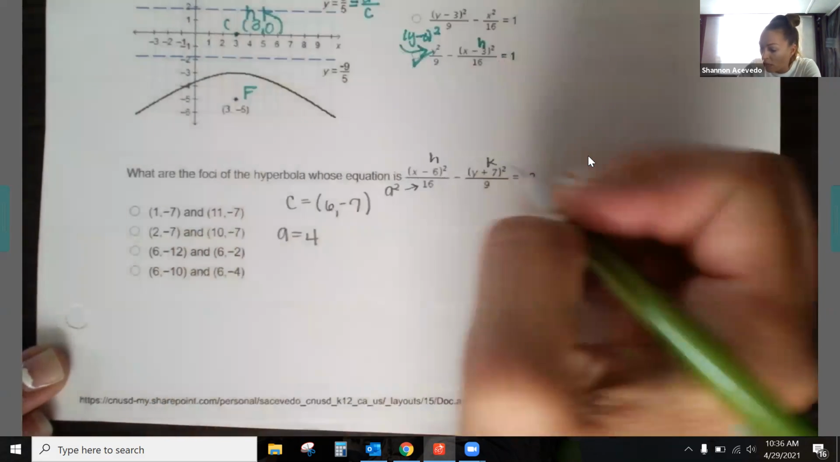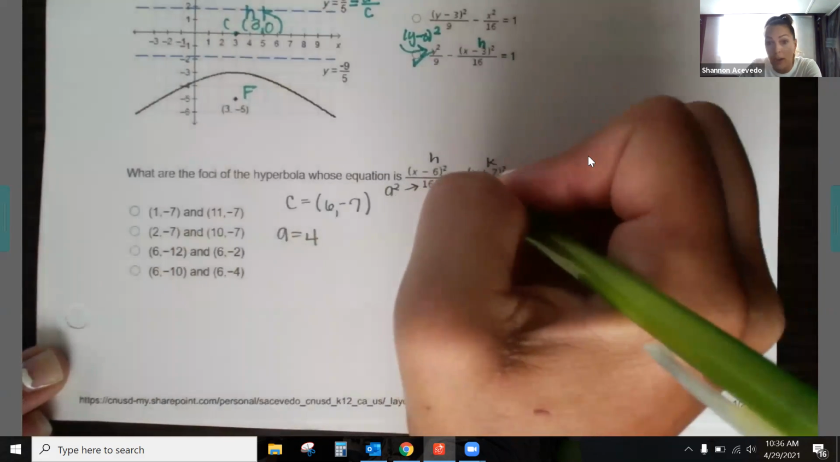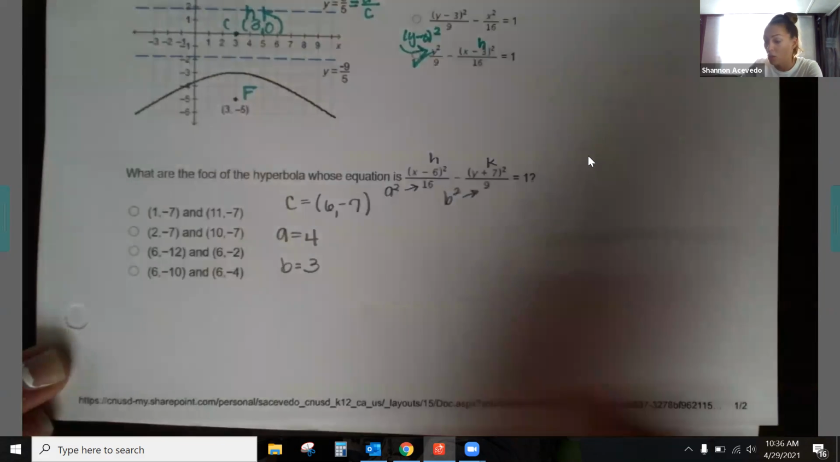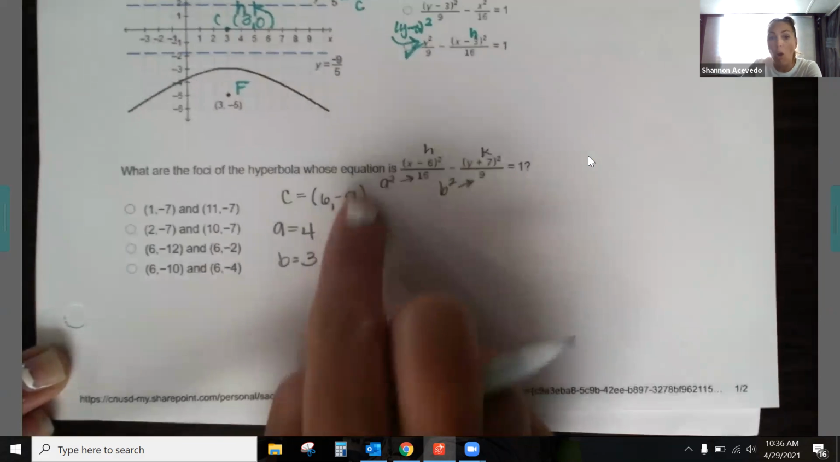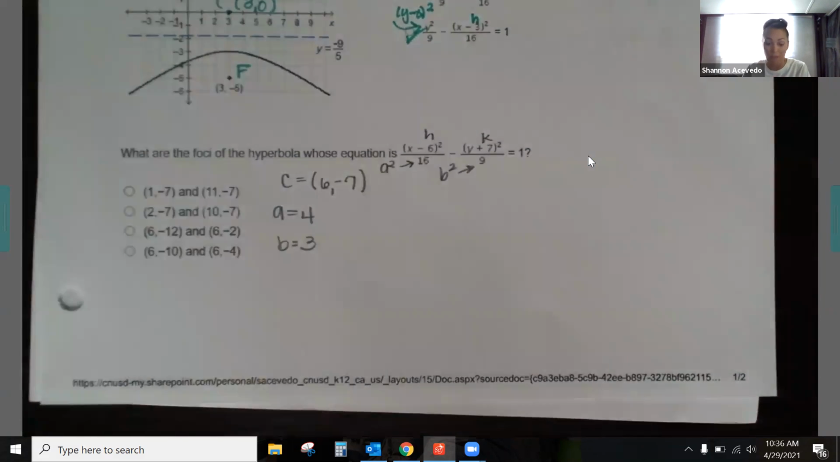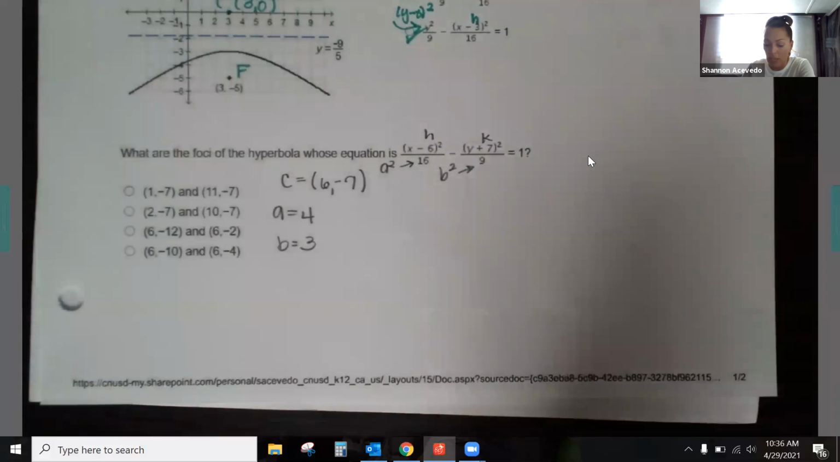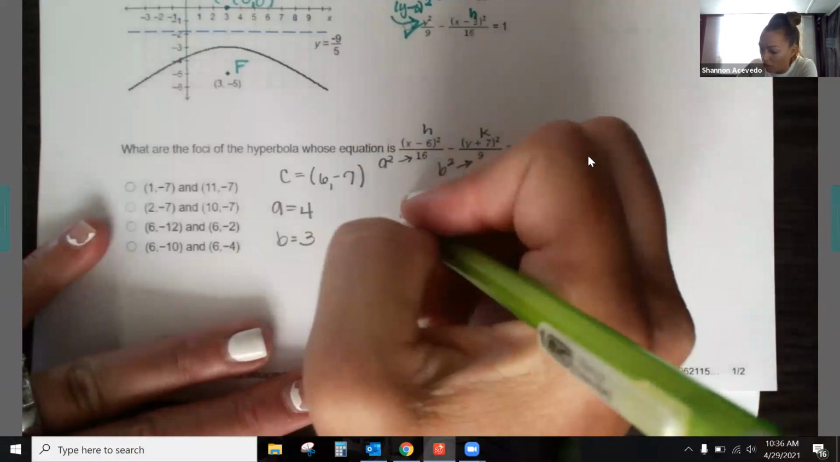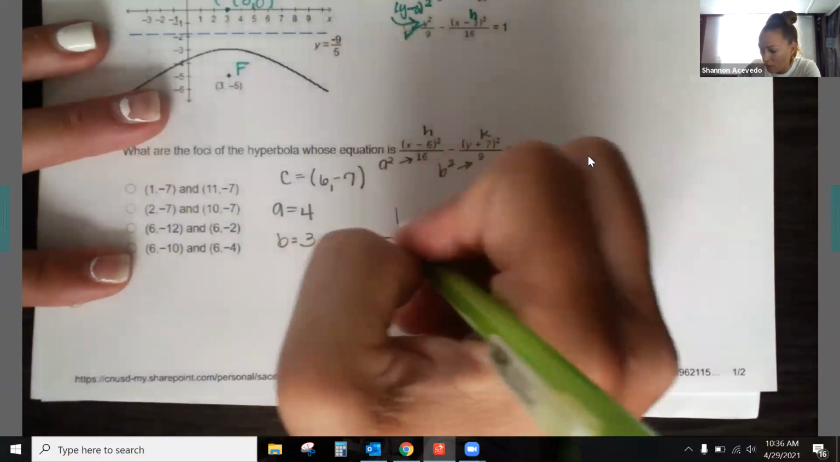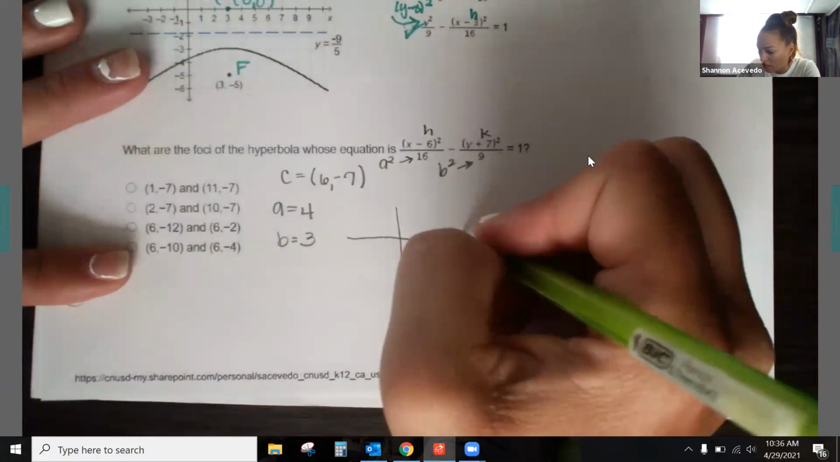This value is always the B squared. So I know B is going to be 3. So just from looking at this, I'm able to get all this information. But I'm asked to find my foci, and none of those are my foci. But let's take a peek at the graph. Again, you see that I always just do a quick little sketch for these because I think that visual is really important. So I'm going to go to 6,